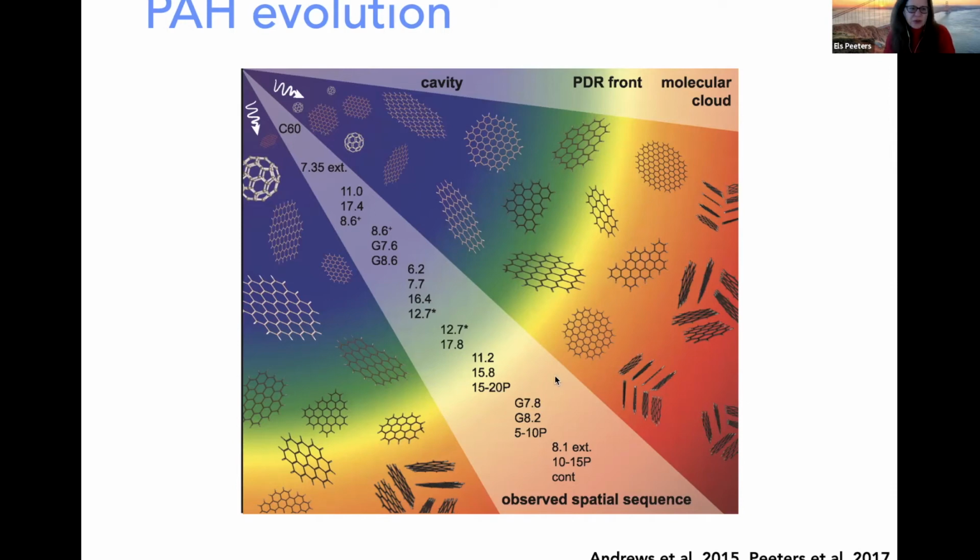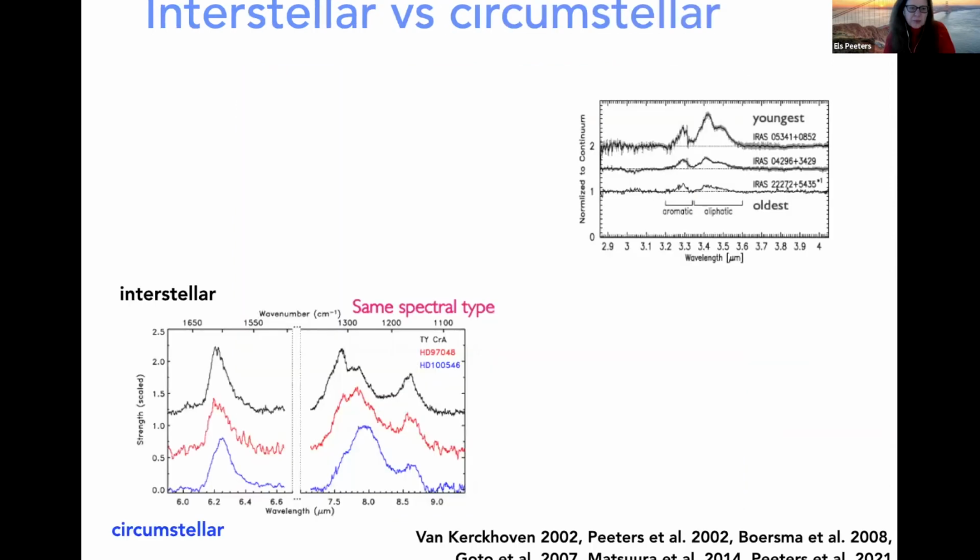Now, this is, of course, not only true in the ISM. I only showed you a few examples of the ISM, but we also need to be aware that if you go from an interstellar versus a circumstellar environment, the properties change quite differently. And so here I show you one of the strongest PAH bands for three Herbig AeBe stars. They have all the same spectral type, but you can clearly see that the profiles are shifted and have a